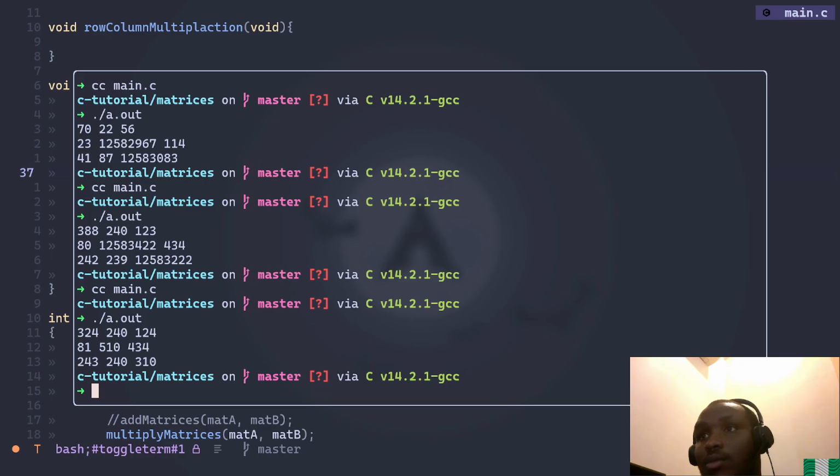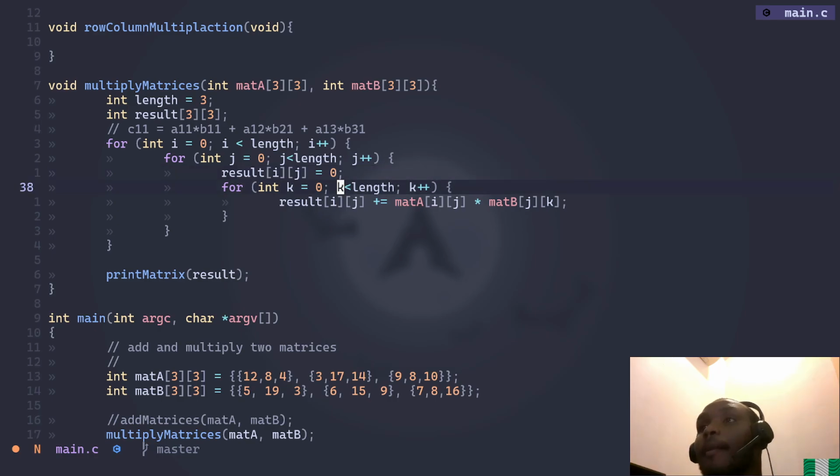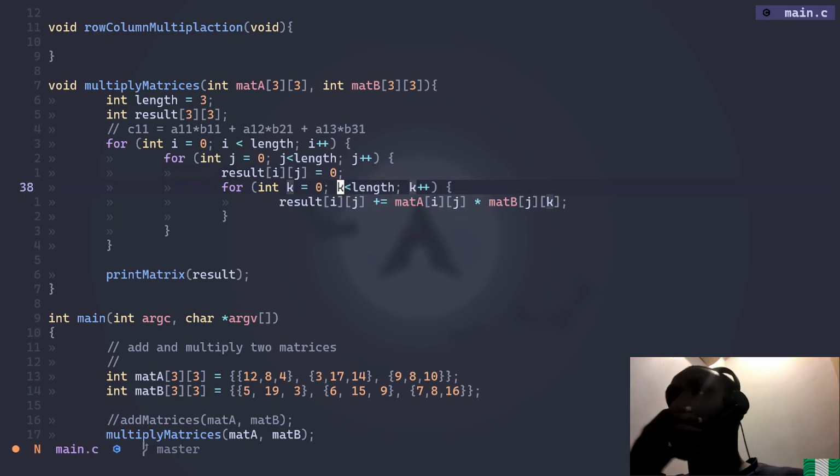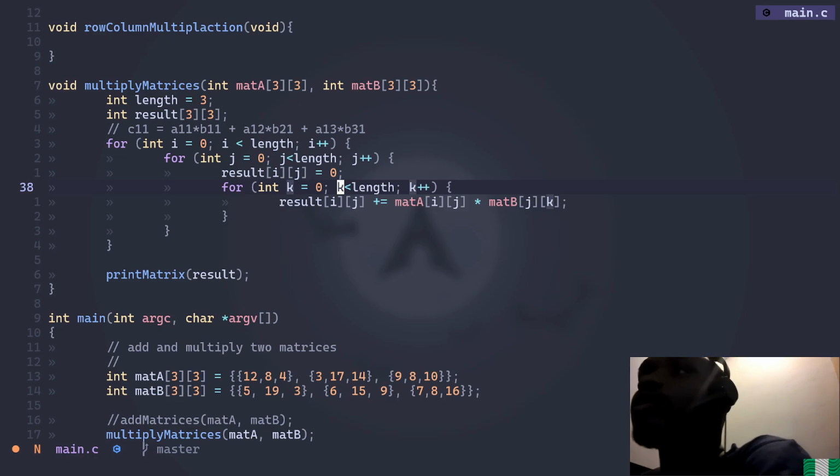Okay, this looks... no. So what is happening here? Let's see. So let's say your I is equal to 0 and your J is equal to 0. So you can do it. So you will do result at 0 0 would be equal to